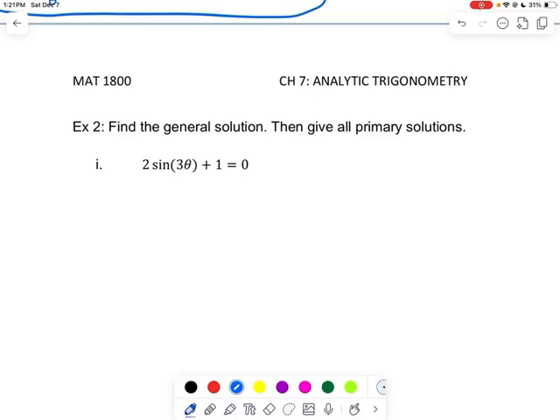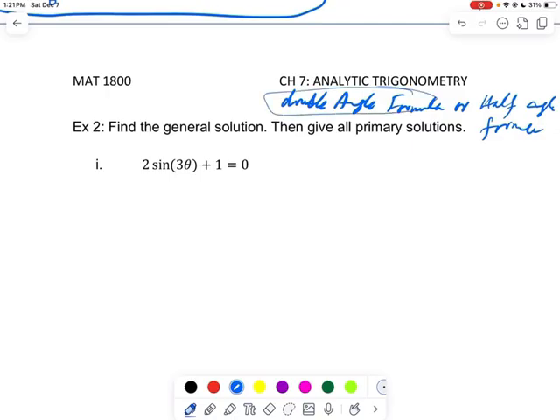Now in the book it might say using double angle formula or half angle formula, solve the following equations. So you have learned only the double angle formula, which is sine of 2 theta